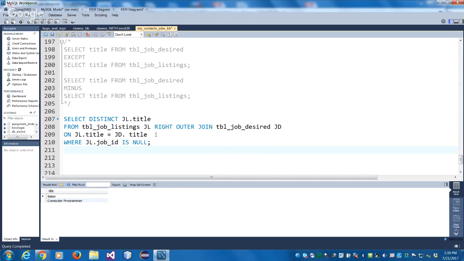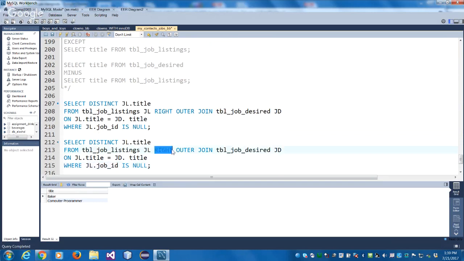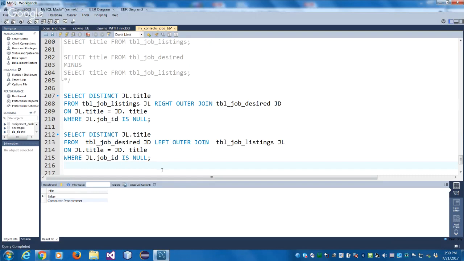And of course, you can do it using a left outer join. I better show it to you, and use a left here. As soon as you use a left, your tables change. This one goes here, and this one comes here. And it will do the same job. Make sense? Same thing. So wherever you see this except, this minus, or something that you're trying to find out